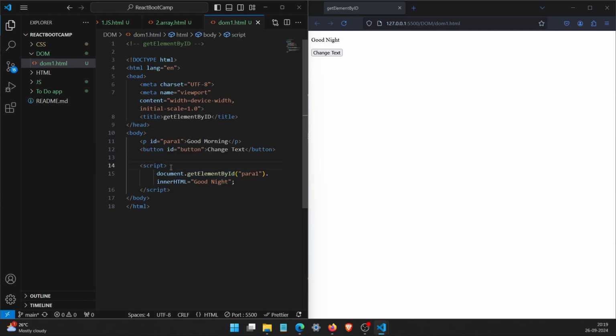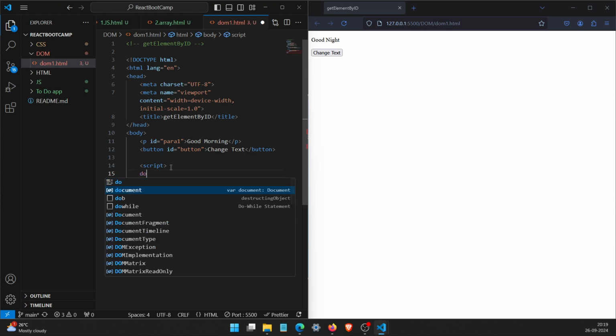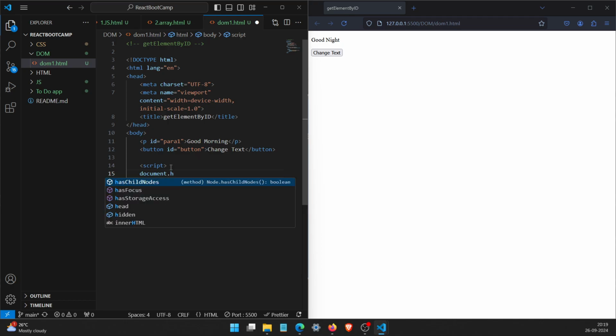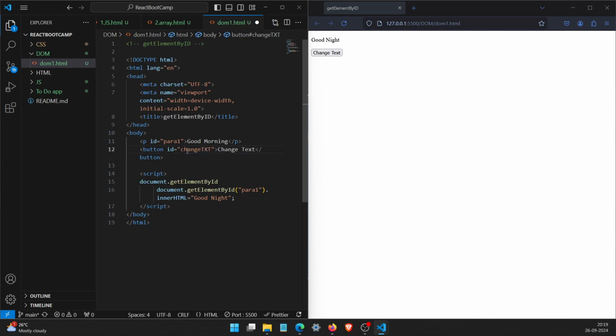Okay. So again, we'll do the same thing we did previously. document dot getElementById. For the button, we have ID button. If it is confusing, I will say change text. So for the button, we have ID change text. For the paragraph, we have ID paravan. Okay. So now I will define this